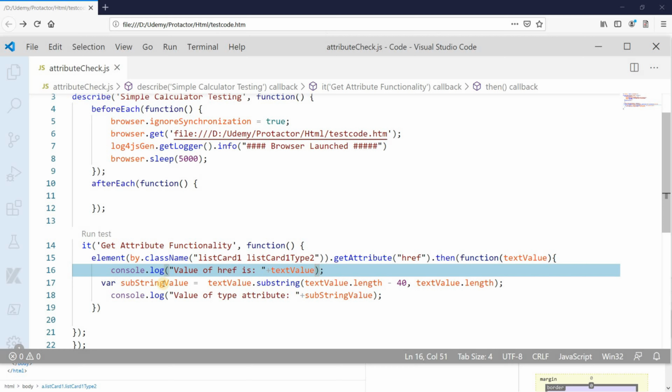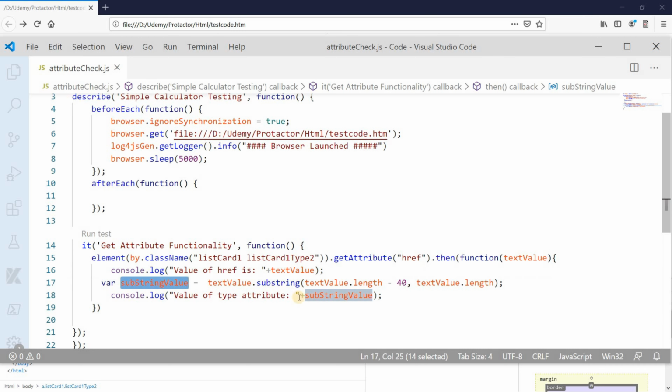On doing that we got only the numbers that we want in a variable called substring value, and we are going to print the substring value here. Once we get the substring value in a variable we can do whatever we want, depending on the requirement, but our main motto was to fetch the value. Okay, that we have done.